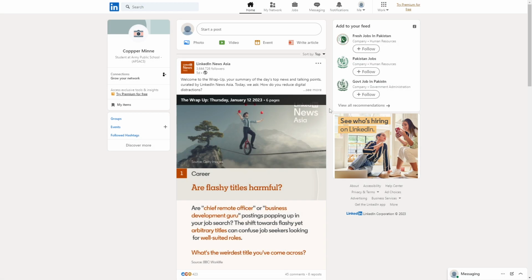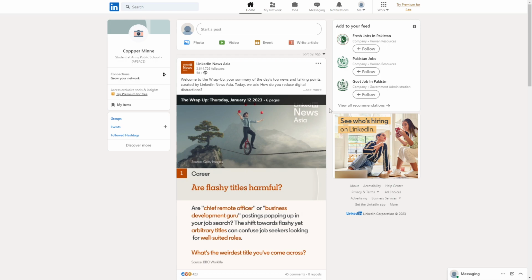Before deleting the account, you need to make sure of some things, like you won't have access to your connections or any information that you have added to your account, or your profile will no longer be visible on LinkedIn. If you have any premium membership, that will be deleted as well. You need to make sure that you have a copy of your data or you have downloaded all the contacts